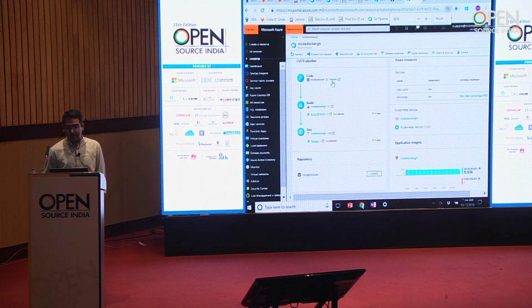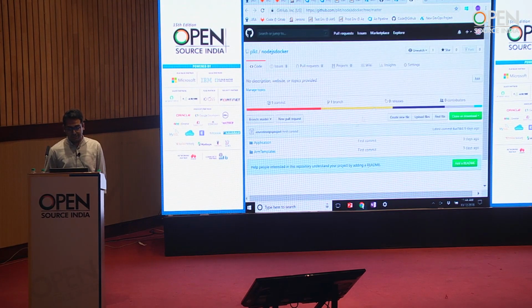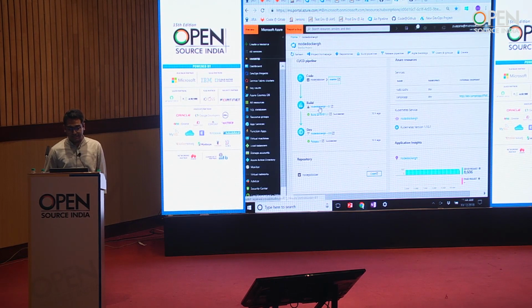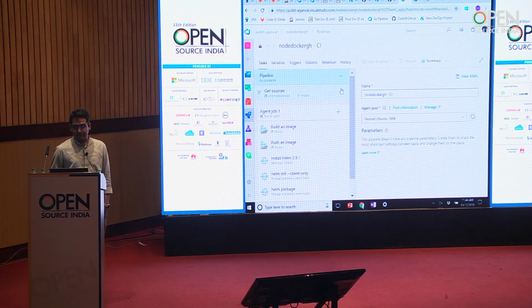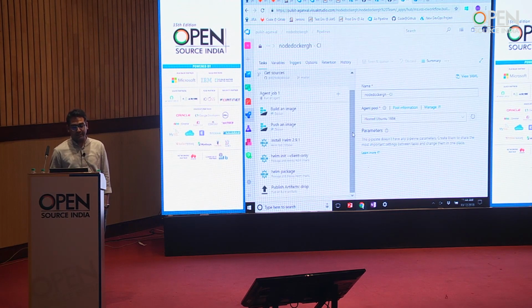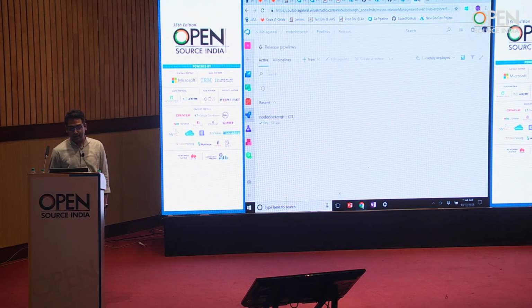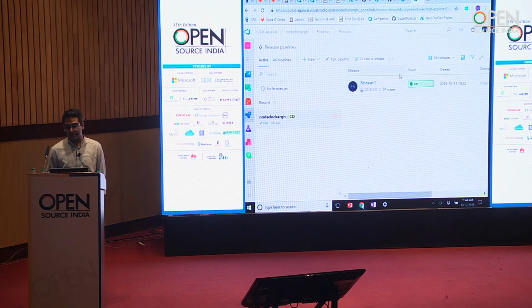I have my code in GitHub, which is the same code base that we talked about. It creates a CI/CD pipeline, which is using basically my Docker container and my Helm charts, and I am deploying to a Kubernetes cluster.